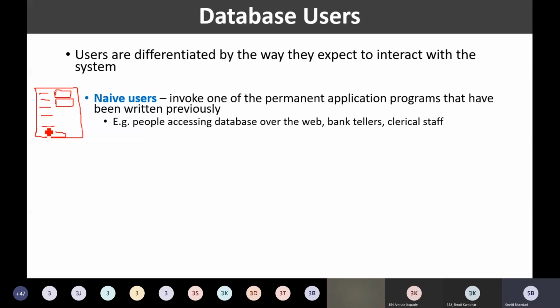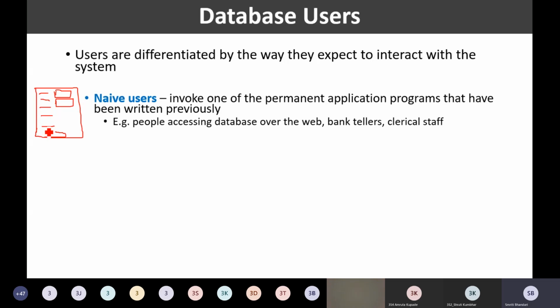So this user is simply invoking some application program and inputting some data. That's all. Or the naive user may use another application program just to get the report of the students, just to get the list of the students.